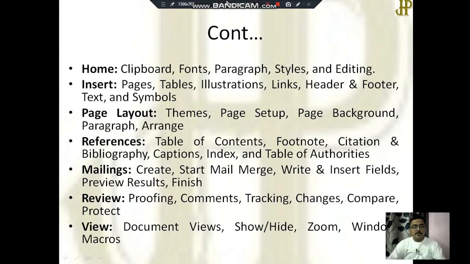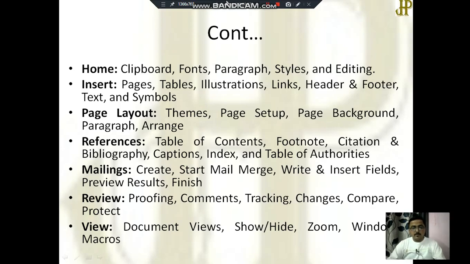With the help of the Insert tab, you can insert tables, pages, headers and footers, symbols, pictures in your document.